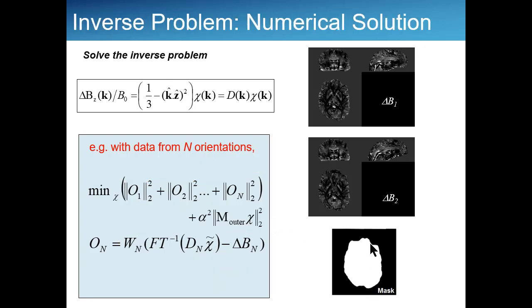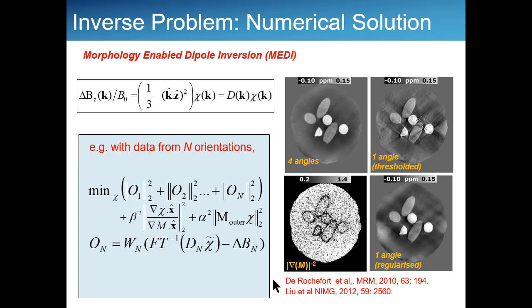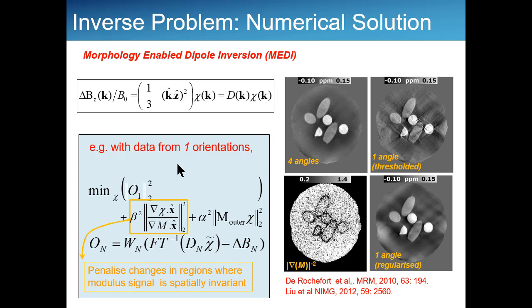You can force all of the susceptibility to be inside the region of interest, so that's a useful thing. And you can also, of course, bring in other constraints, like not allowing the susceptibility to change except in areas where the magnitude of the signal changes. So with a full numerical arsenal, you can bring in lots of other constraints. You can use other kinds of terms in the minimization. You can use an L1 minimization rather than L2 minimization, and you can obviously make nice susceptibility maps from data